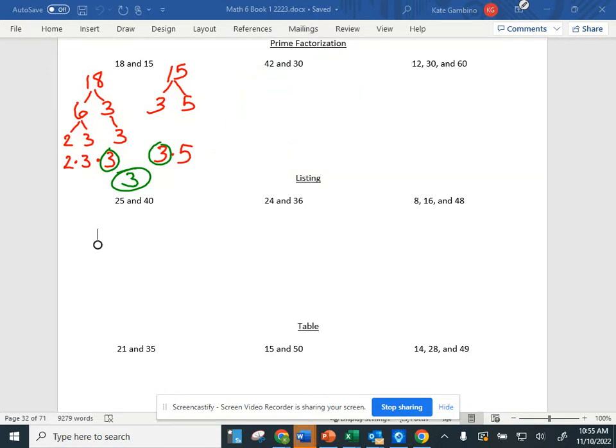What happens if they both share 3? I'm sorry, what was your question? They both share 3. Say it again. Would you do the same thing if they both have 3? Yeah, you do 3 times 3 times 3. Okay, our next one, let's do